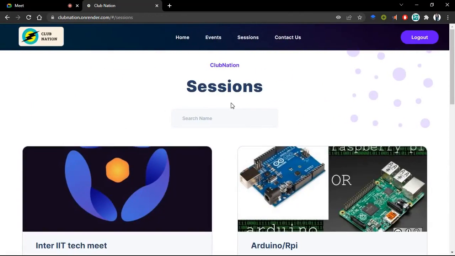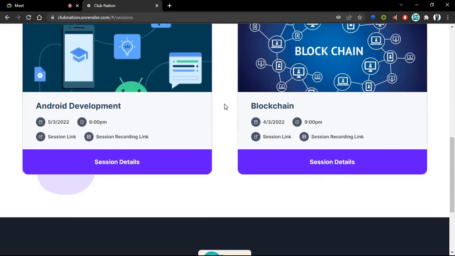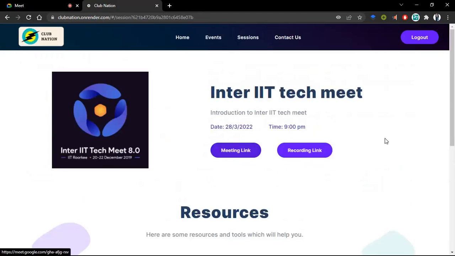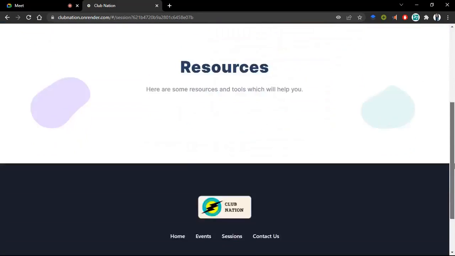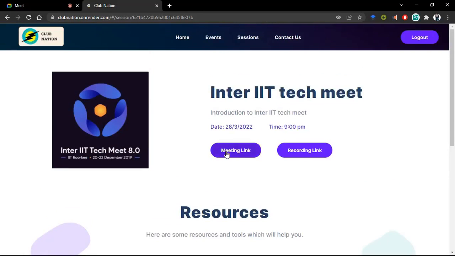And here we have added the next section, sessions. Here all the sessions will be presented on this page, along with a card for each session with a small introduction, just basic links from which we can get the idea. To know more about any session, we can click the session details, which will redirect to a page with a brief introduction of that session, the meeting link, the date and time on which the session will be held or was held, and the recording link,